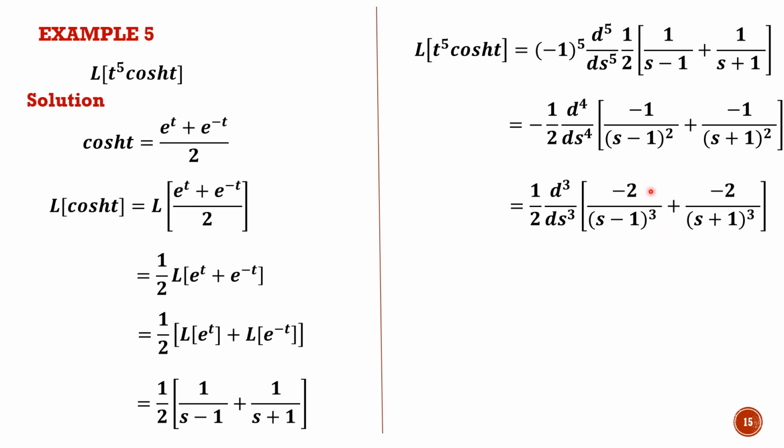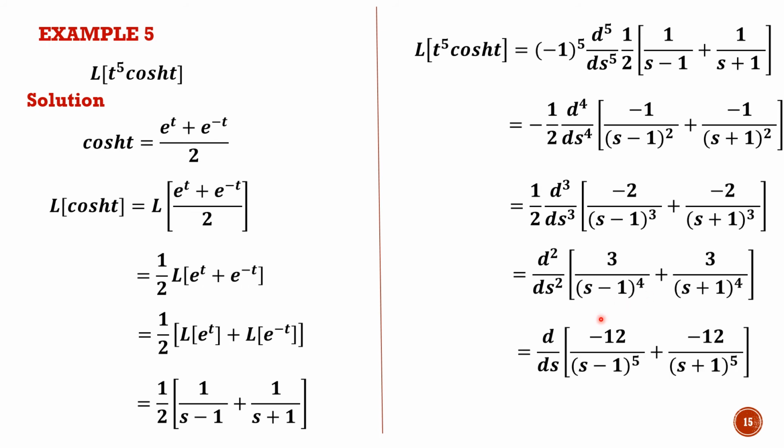Again differentiate. Go on differentiating that. Now this minus sign has gone. This minus sign has come when we differentiated 1 upon s minus 1 the whole square. That is also done. So we got minus 2 upon. Now this 2 and 2 get cancelled. Minus will remain as it is. Again, when you take this term to the numerator, the term will become s minus 1 the whole cube, whole raised to minus 3. So when we differentiate, minus 3, s minus 1 raised to minus 3 minus 1. That will be minus 4 in the numerator. So plus 4 in the denominator.